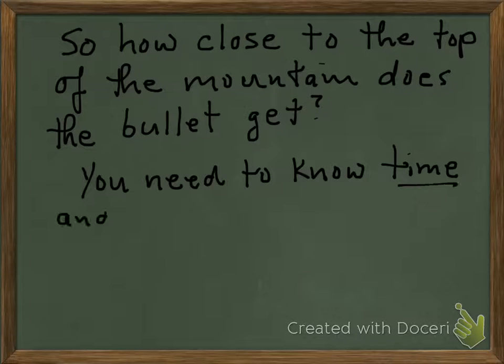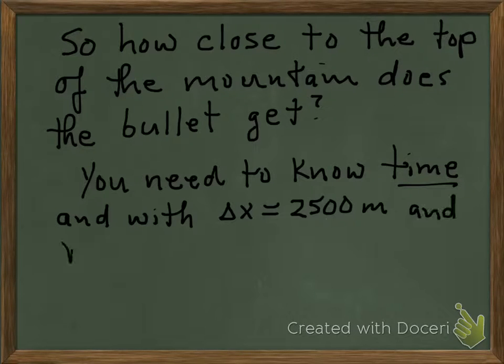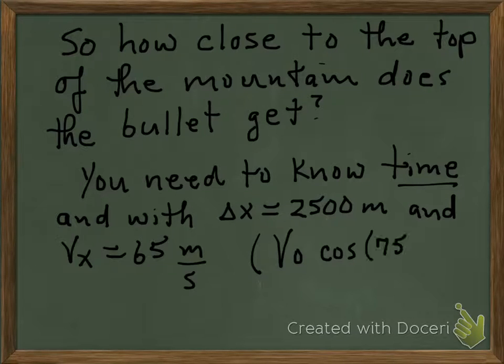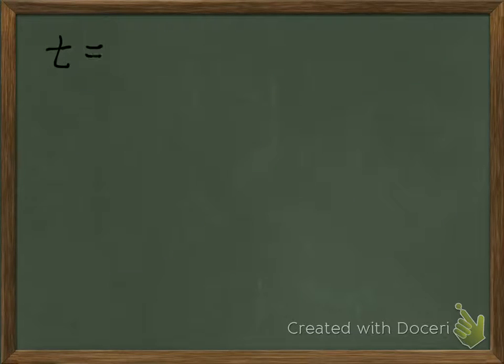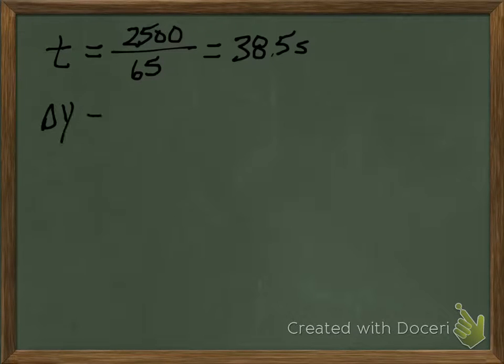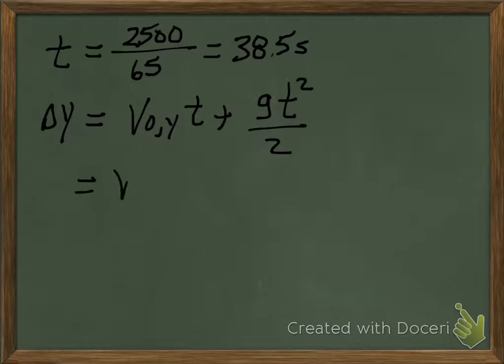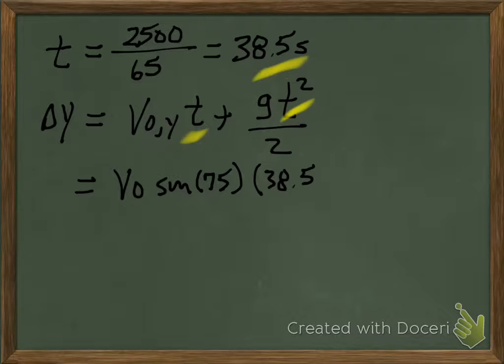Since we know delta x, and we've calculated velocity in the x direction, that's the initial times the cosine of 75, we've got time: 2,500 meters, 65 meters per second, takes us roughly 38.5 seconds. So we take that time, 38.5 seconds, and we're going to plug it in to our equation,